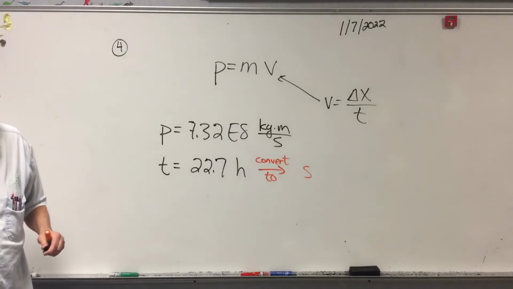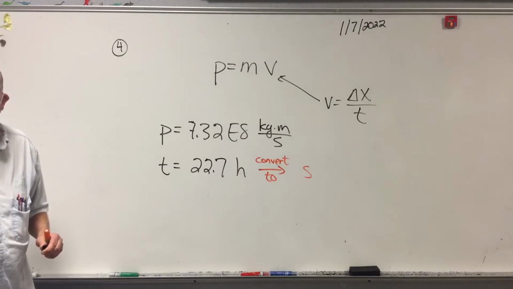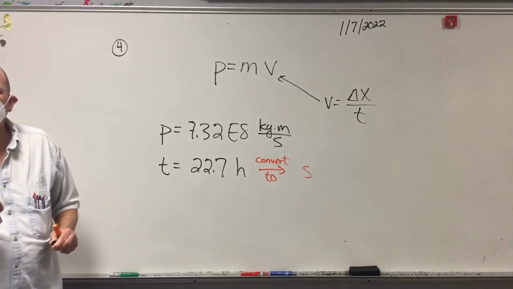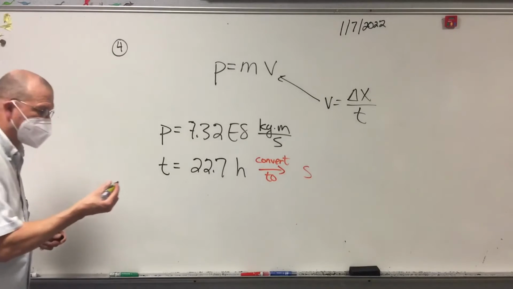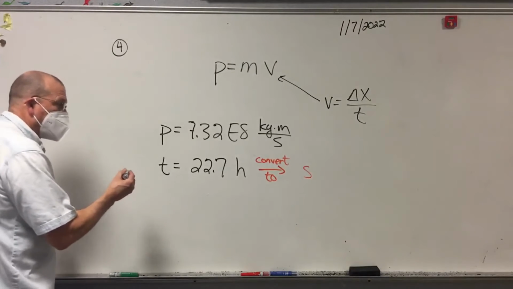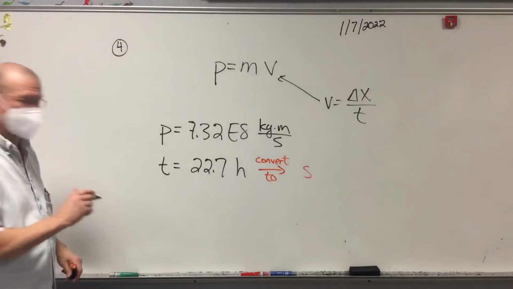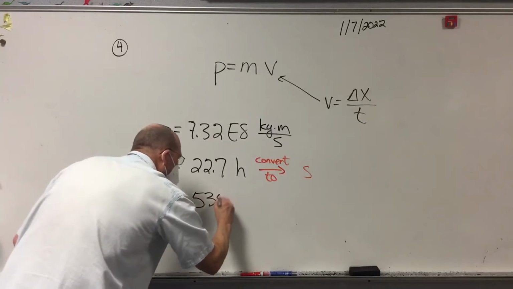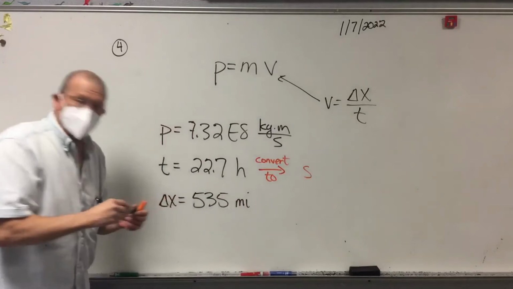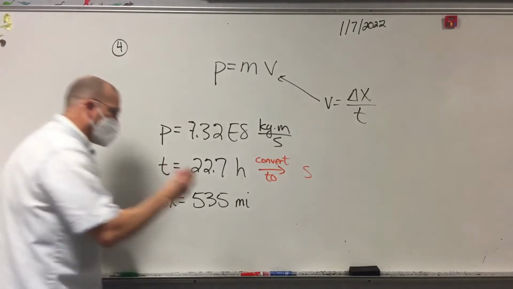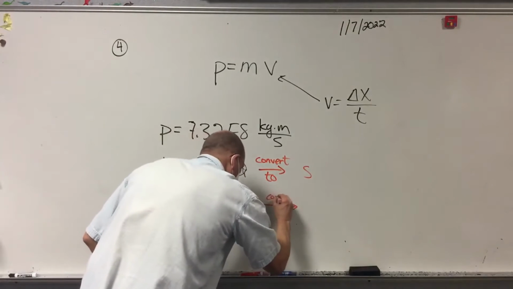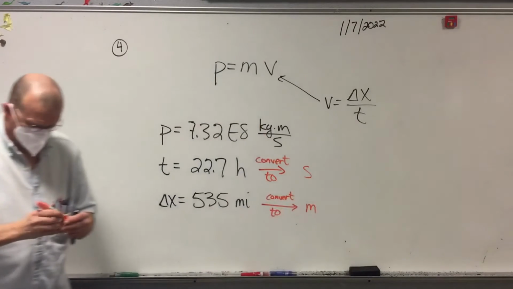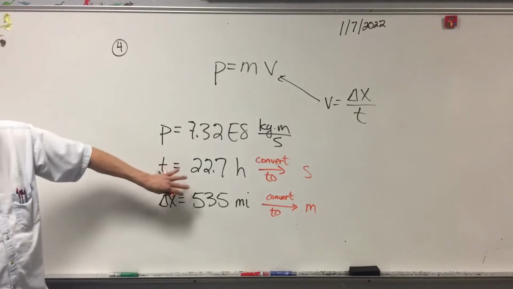What else? Okay, Michael? The train traveled 535 miles. Which would be what variable? Delta x. That is our delta x. So that was 535 miles, and you want to convert that to meters. Convert to meters. So once you have that taken care of,